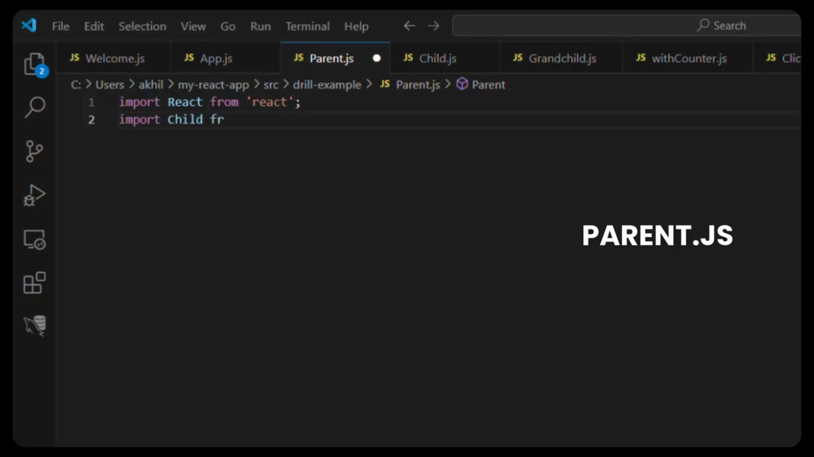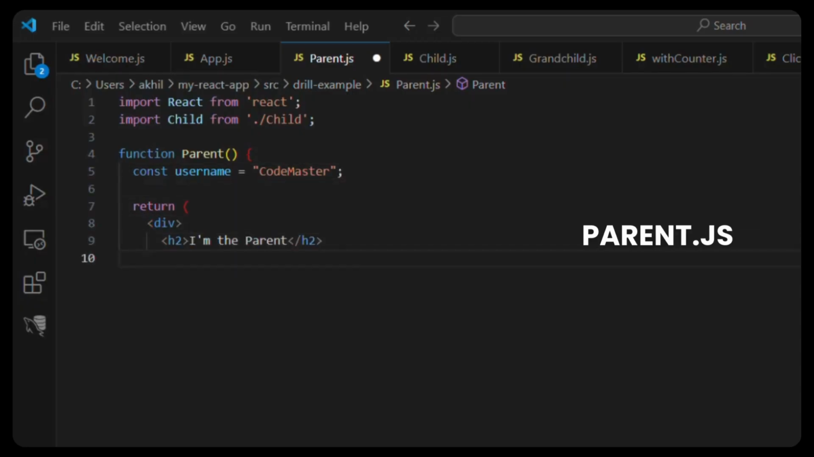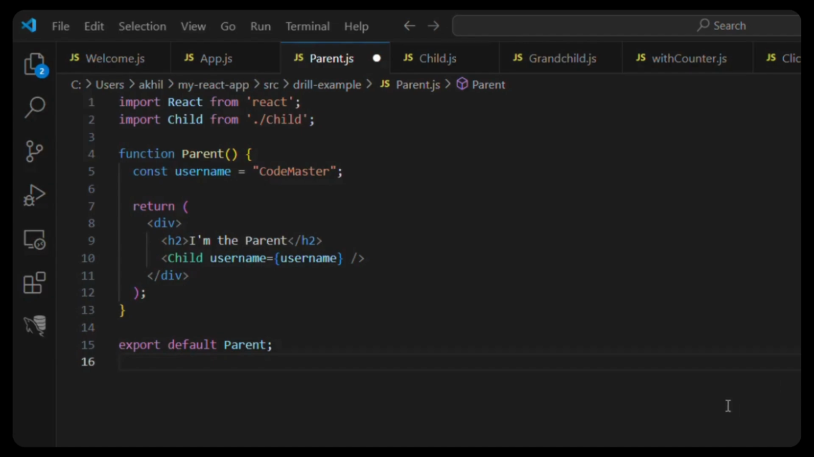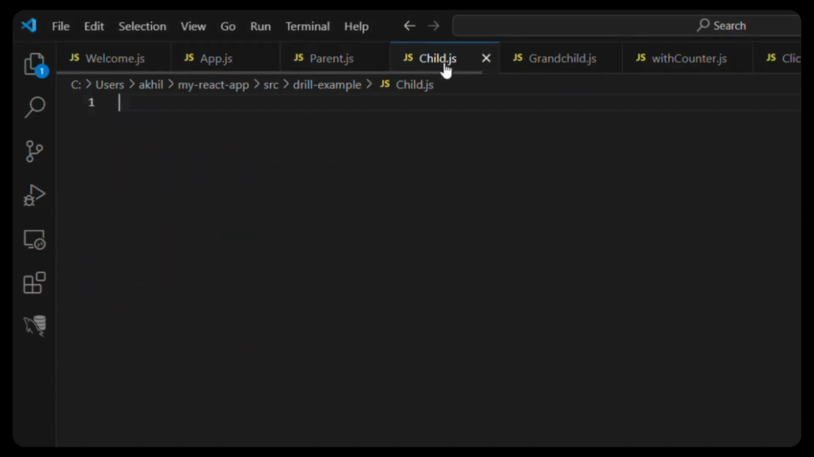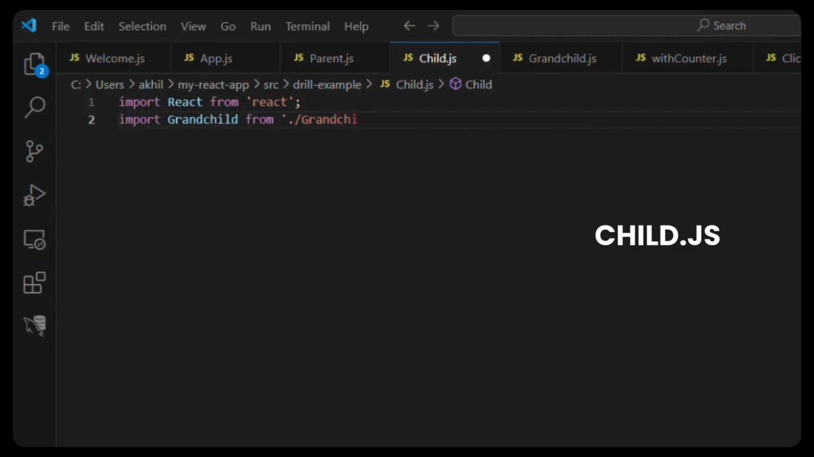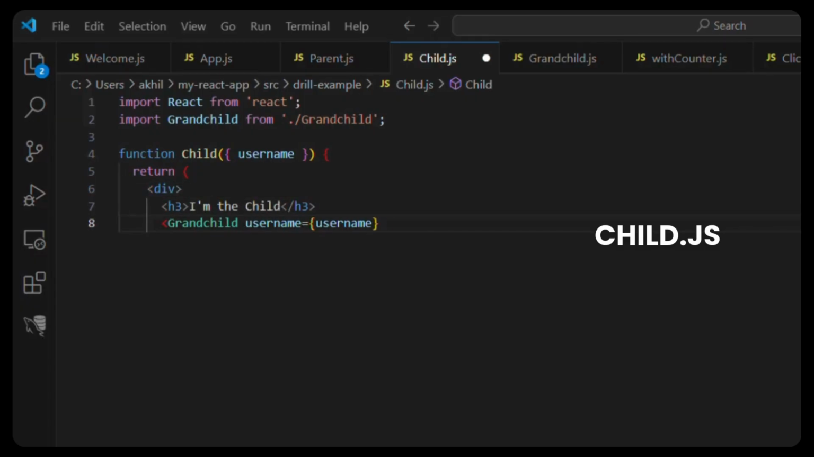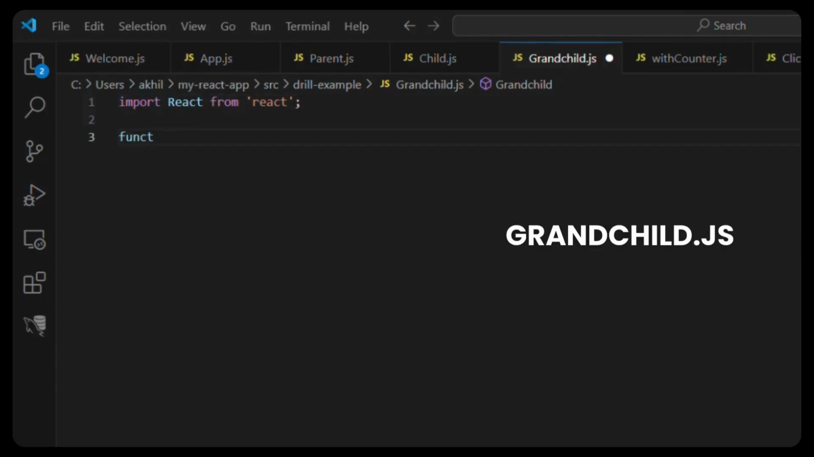Parent.js: import React from 'react', import Child from './Child', function Parent, const username equals 'codemaster', return a div with an h2, "I'm the parent", and Child with username. Export default Parent. Child.js: import React from 'react', import Grandchild from './Grandchild', function Child({ username }), return a div with an h3, "I'm the child", and Grandchild with username equals username. Export default Child. Grandchild.js: import React from 'react', function Grandchild({ username }), return "I'm the grandchild, hello, {username}",